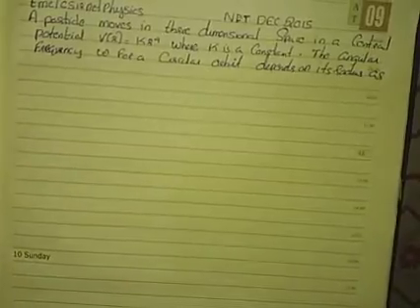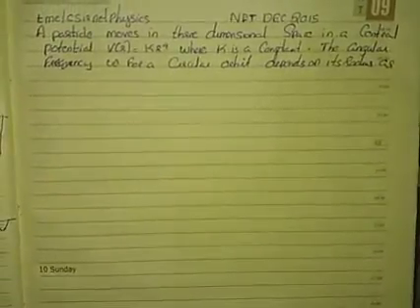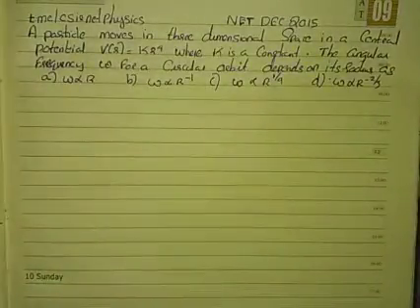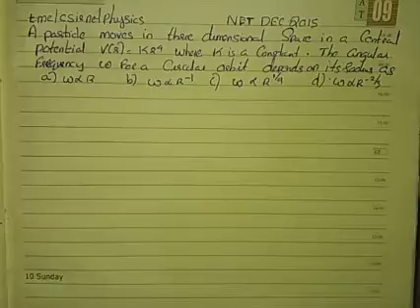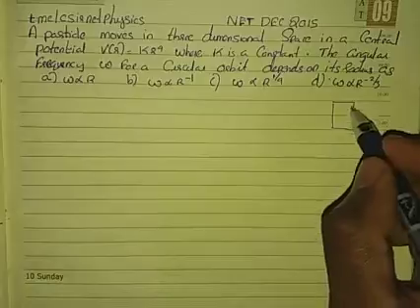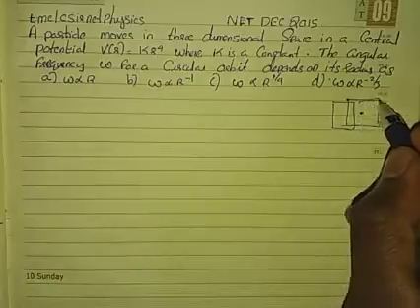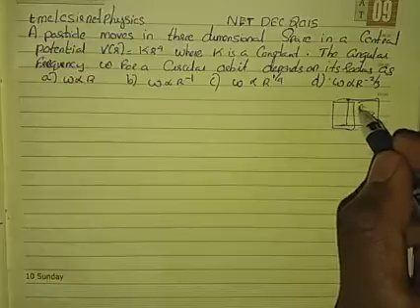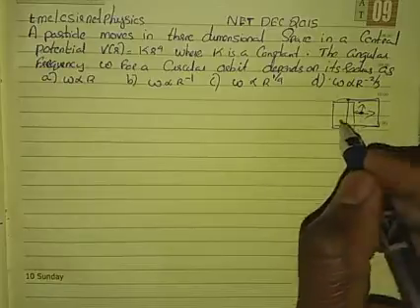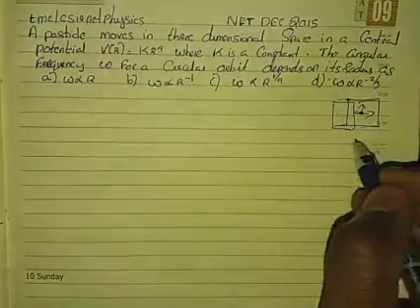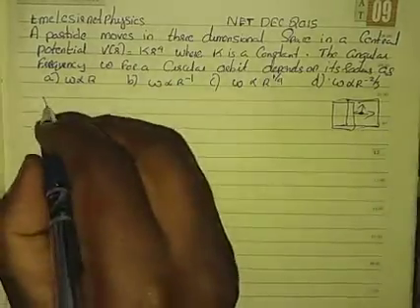Hello guys, what we have here is a question which was asked in the 2015 December exam. The question is that a particle moves in three-dimensional space, in 3D. A particle is moving with 3 degrees of freedom, of course, and under the influence of a potential. There is a potential which is acting